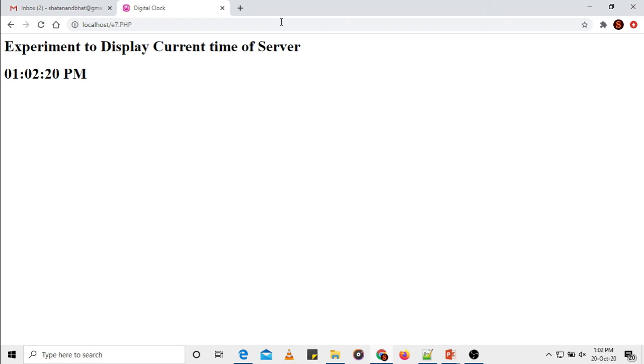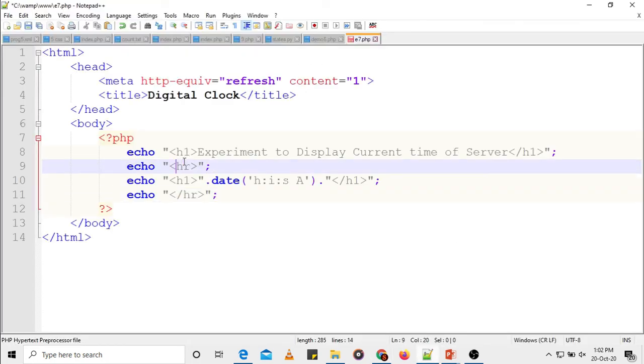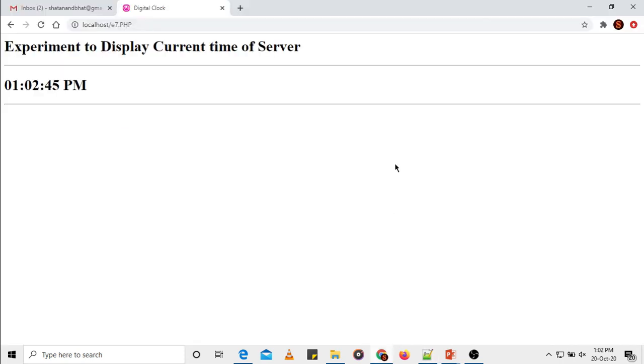As we can see, this now displays a message. So what is it? Experiment to display the current time of the server. Or let us refresh it. Yeah, that is enough. The horizontal rule, it's just hr. Save it, and I go to the browser. So as we can see, we have the message or the heading for the web page. What is being displayed now is conveyed in a better way.